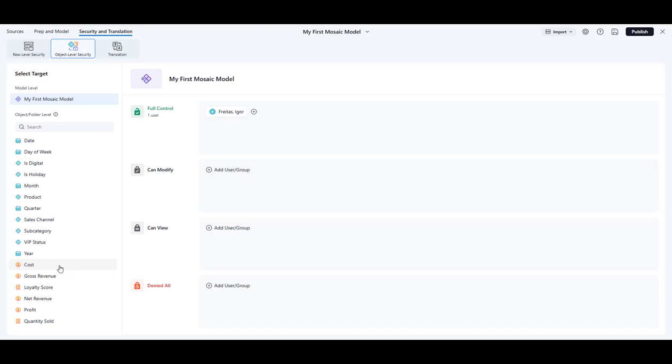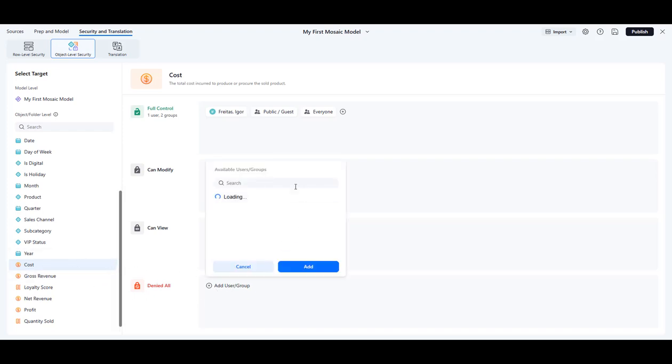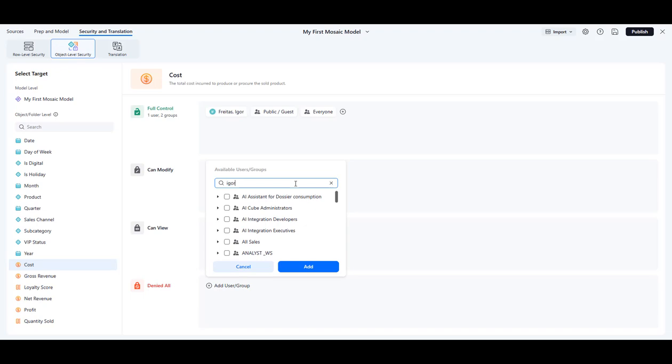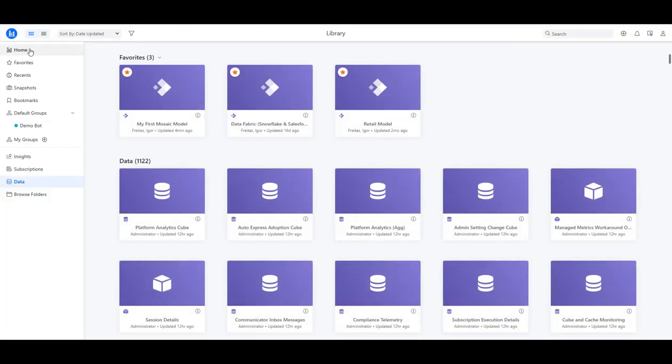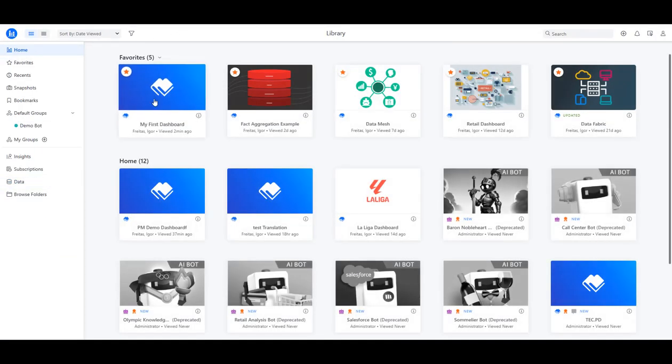As I said before, my user is not supposed to see cost metric because let's say it's a confidential one, could be salary, could be any other, right? Since I don't have salary here, let me use cost. And then I'll say user Igor is denied to see that metric. You click here, you search for user, you edit, and then again you save the model. And after saving the model, I'm going to go back to the dashboard by clicking here home, my first dashboard,